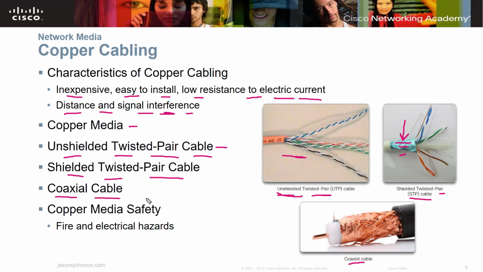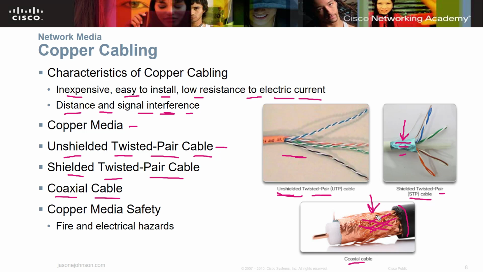Coax cable: if you've got cable to your house in the United States, there's a lot of homes that have coax. Cable companies will run coax because it's less flexible than the Ethernet, the Cat 5, Cat 6 cable. However, it is more durable. You can see here from the picture, it's got a plastic coating on it, and then it's got this copper mesh here, which helps with shielding. If you look up Faraday cage, F-A-R-A-D-A-Y, you'll see why they mesh this copper here, because that does keep out the signals.